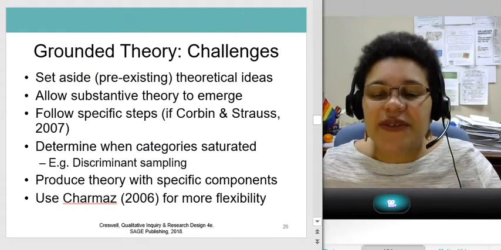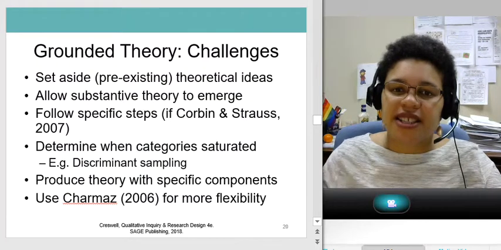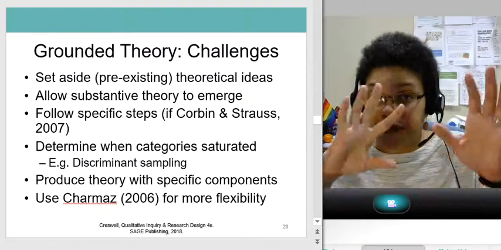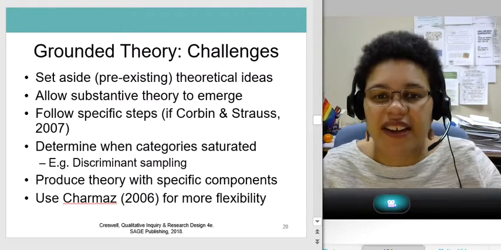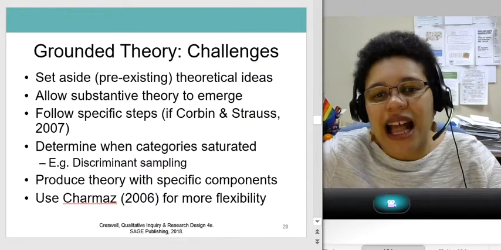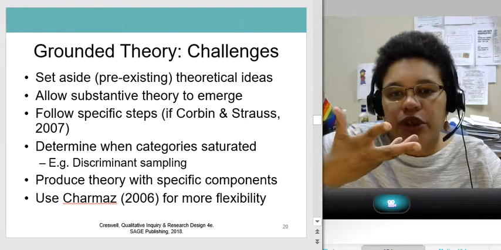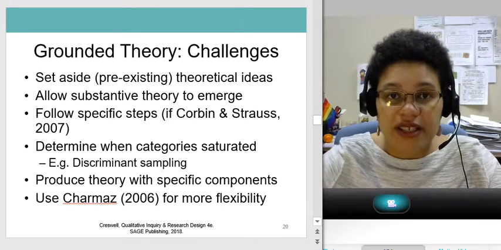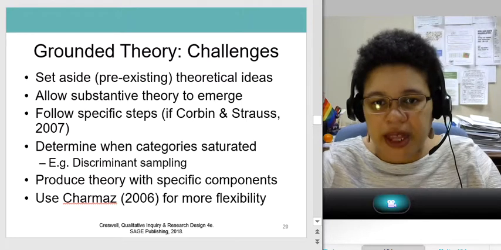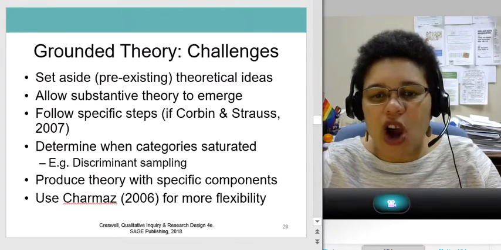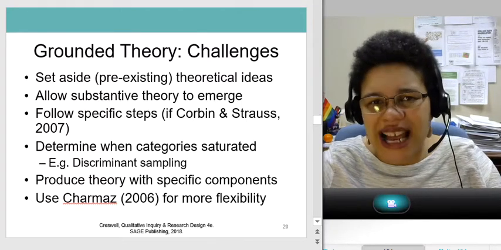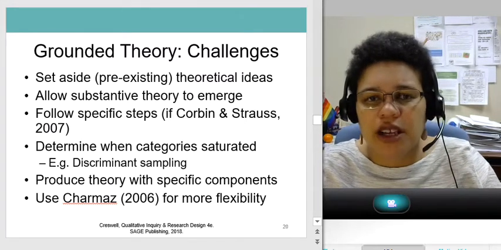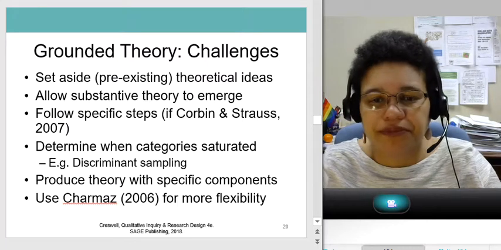Some of the challenges of grounded theory is that you have to set aside pre-existing theoretical ideas, because otherwise you're just going to be trying to fit your data into the ideas you have, and you want to allow the substantive theory to emerge. Now you're going to be following specific steps if you're using the Corbin and Strauss method. And also, sometimes it can be hard to determine when categories are saturated, like when you know everything there is to know about a particular category.